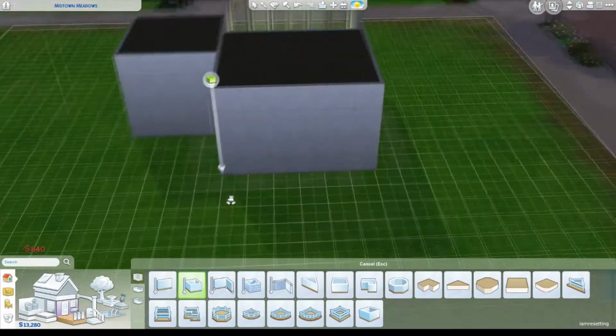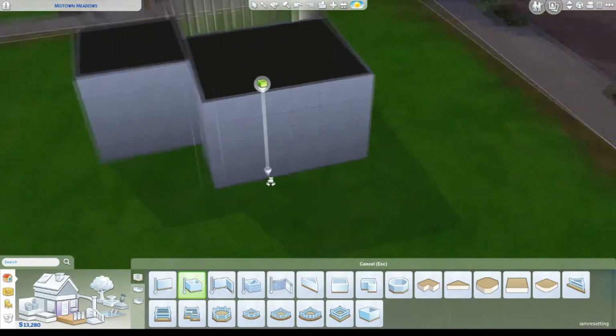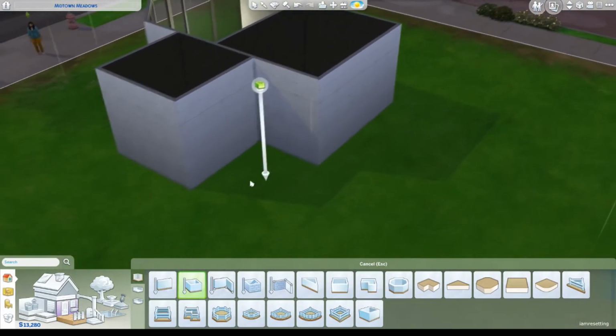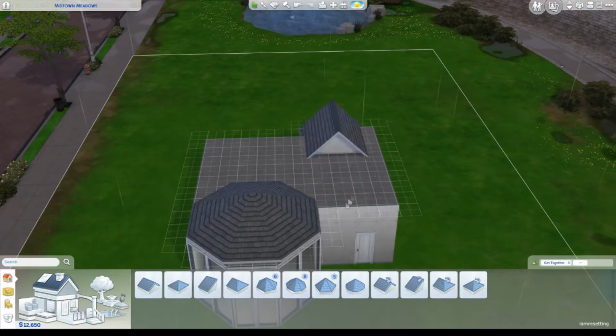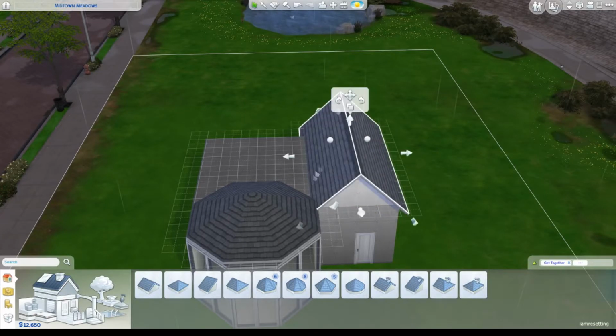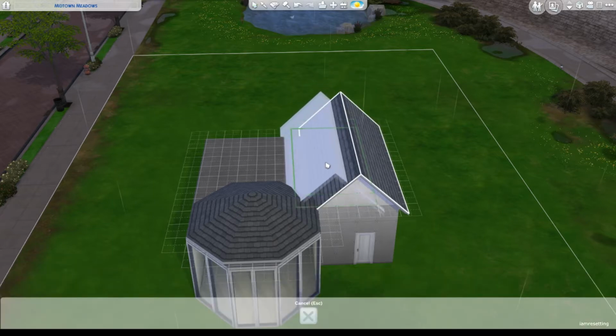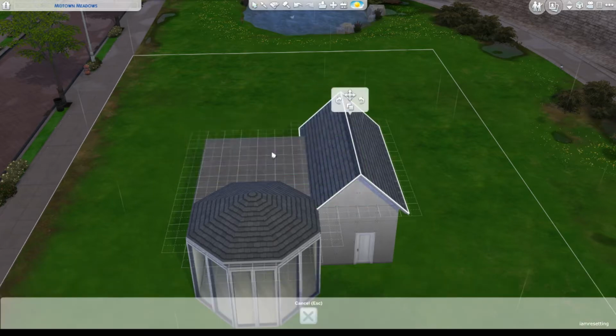And if you are tired of this grid, especially when you're decorating, sometimes it can be a little hard to see. You just press G, and that gets rid of the grid. So I can show you. And then if you want to copy, you just go where it says copy,